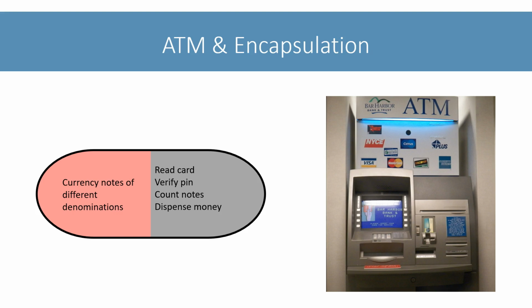You can interact with the ATM only through the numeric keypad and the on-screen options it provides. You cannot access the details about internal data, like how much money this ATM has, how many notes of each denomination are present, how much money has been withdrawn so far, etc. This is the data hiding concept of encapsulation.